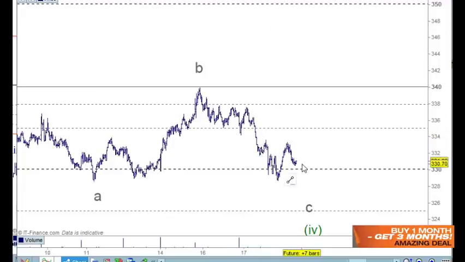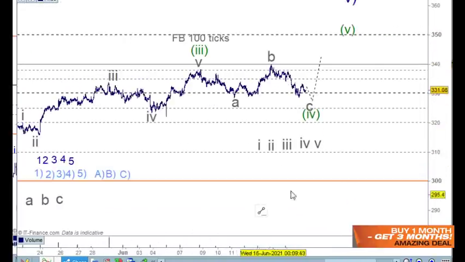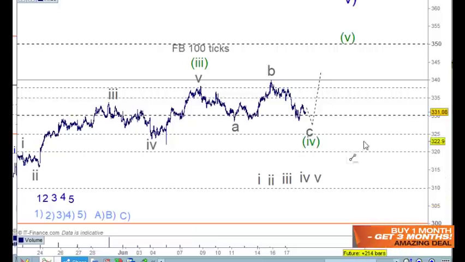So let's just assume for a moment that we need to make another low here for wave C, and then this moves up here. So I think either way we've got it covered, because if this is just going to rise a little bit, and then if it makes a new low here, then that would give us 5 waves down. So then if this is correct as an A and a B and a C, and then moving higher here,